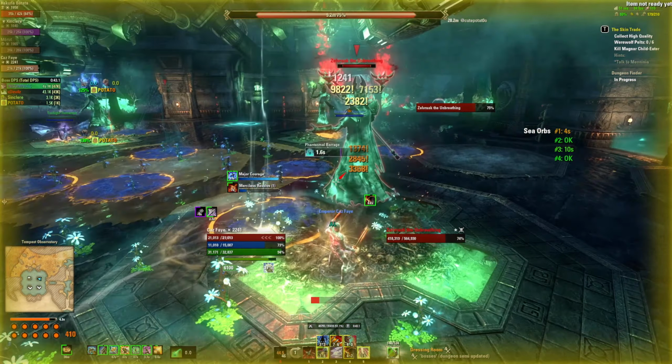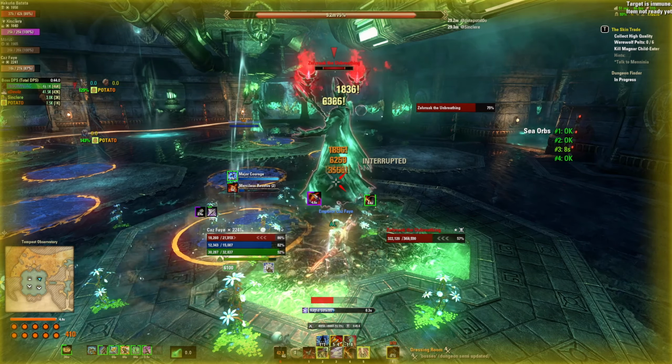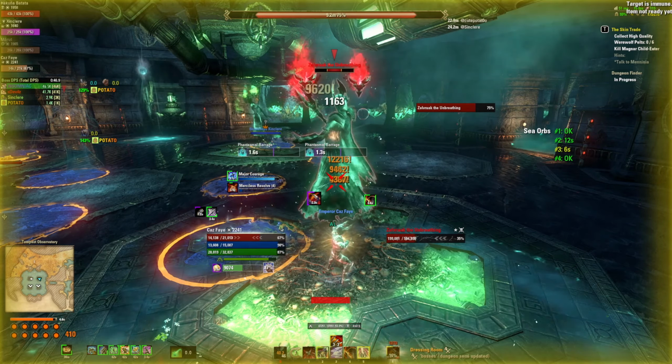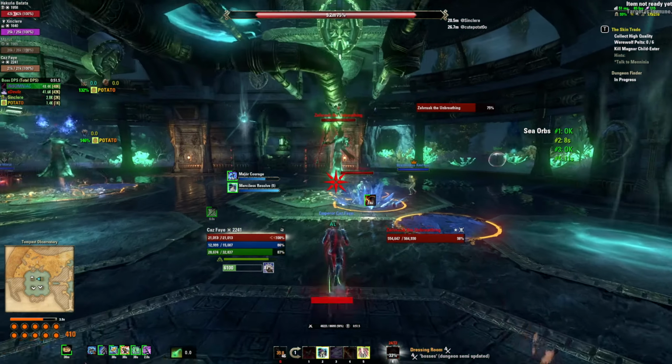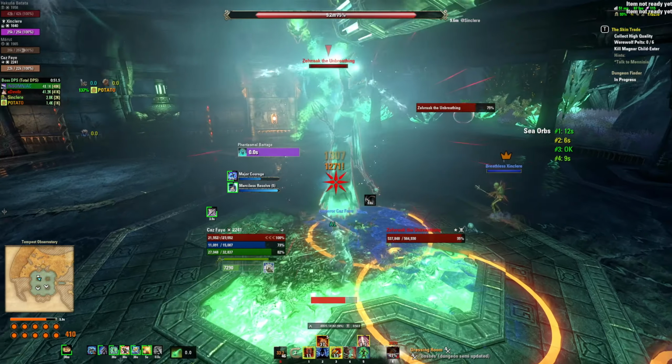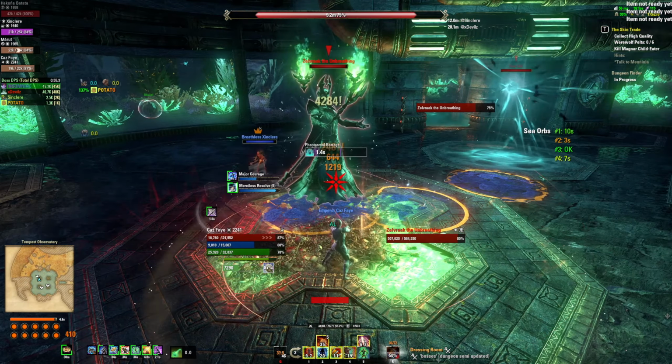Once the DDs have killed their respective copies, one of them will take over the tank's copy and one the healer's. This allows the supports to fully focus on the orbs while the DDs interrupt. Radiating regeneration on the healer is extremely useful in this phase, as each group member is split and still affected